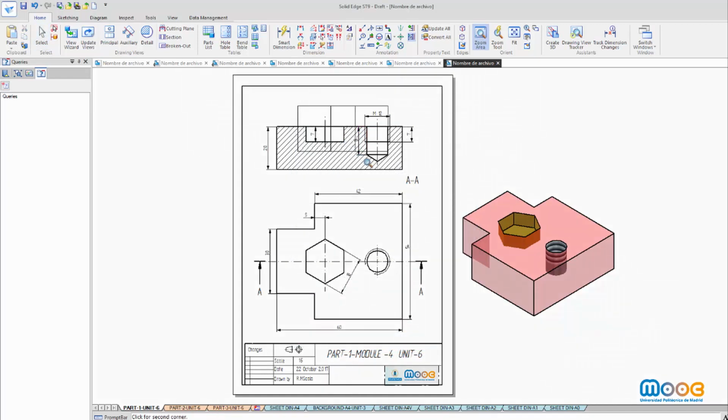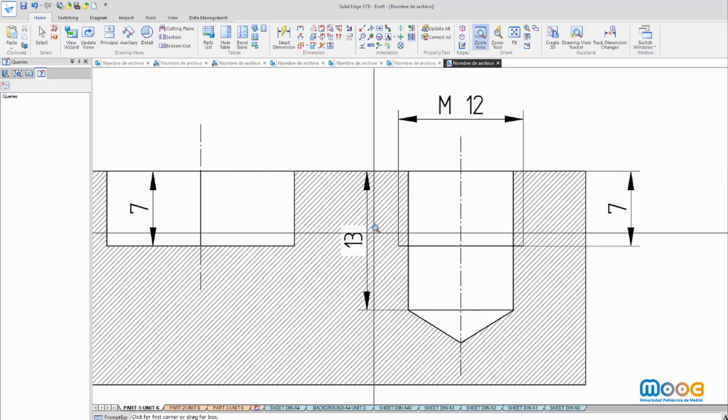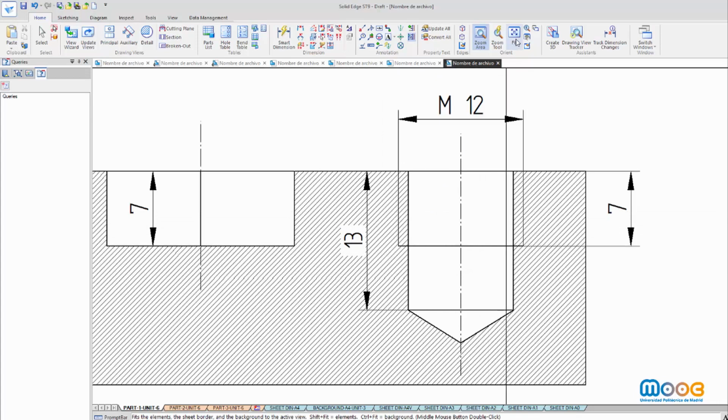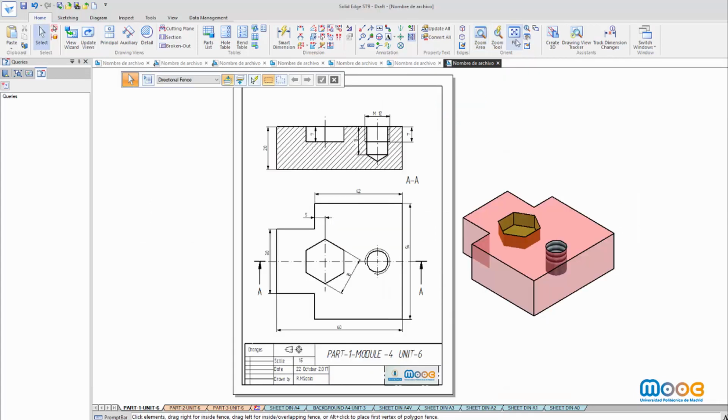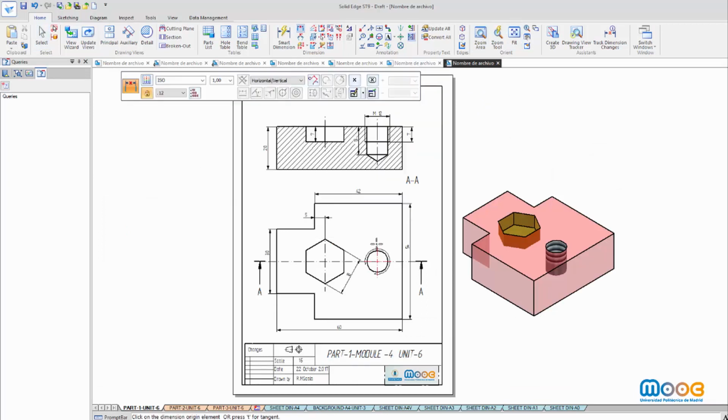And if I zoom, you will see I have the number clear. Now I continue. I have to position the threaded hole,